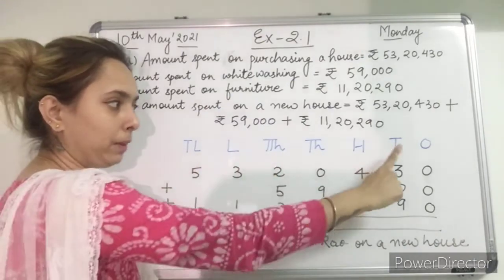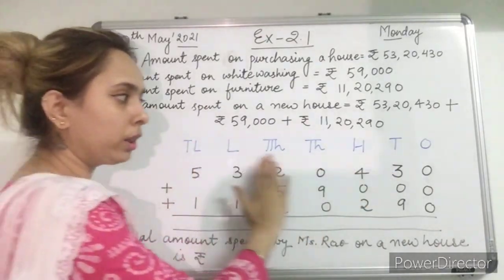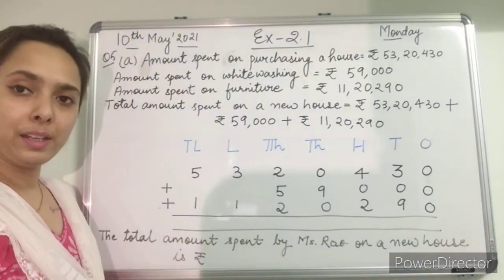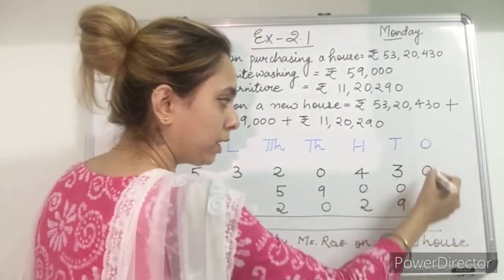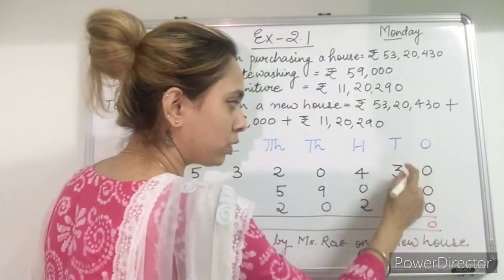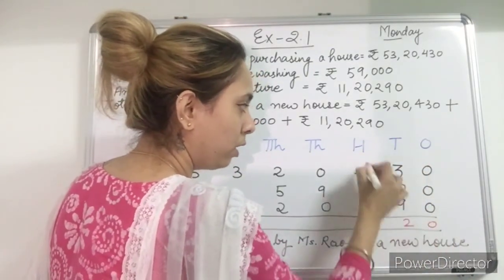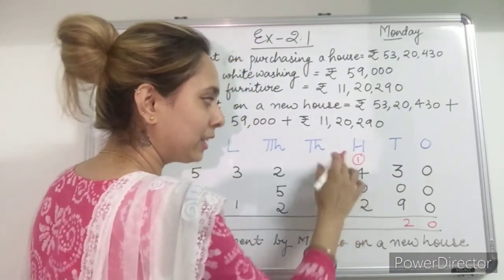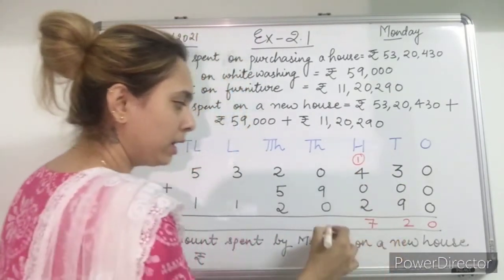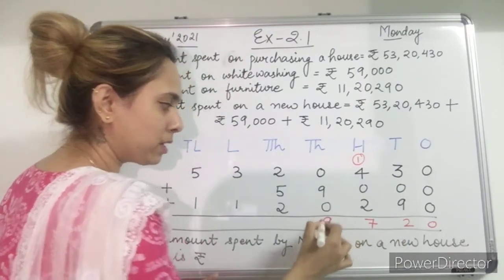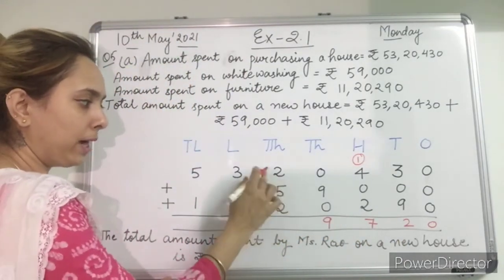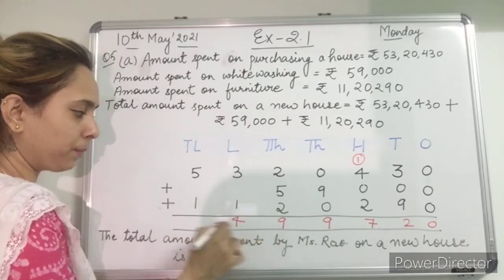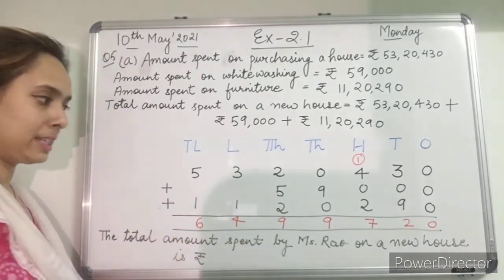Again I will write the place values and I will write all the numbers like this, and I will perform the addition now. So 0 plus 0 plus 0 is 0. 3 plus 9 is 12. 1 will be carried over. 4 plus 2 is 6. 6 plus 1 is 7. 9 plus 0 plus 0, 9. 5 plus 4 is also 9. 3 plus 1 is 4. And 4 plus 1 is 6.